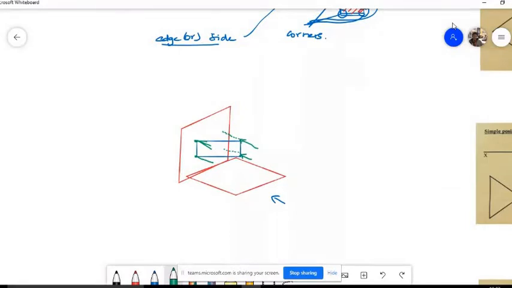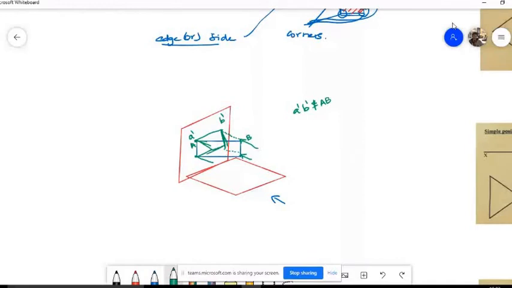Now my question is, let's take this length as A dash B dash, and the original rectangle as capital A B. Will A dash B dash be equal to AB or not? No, sir, because you will get only the projected length of AB. This will not always be equal. So you will get a smaller or some deformed rectangle as the front view.